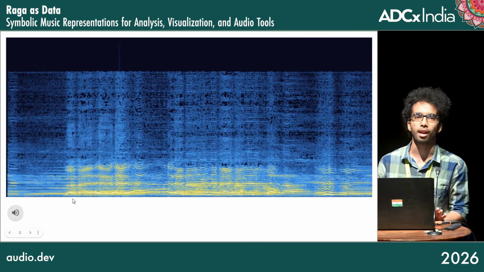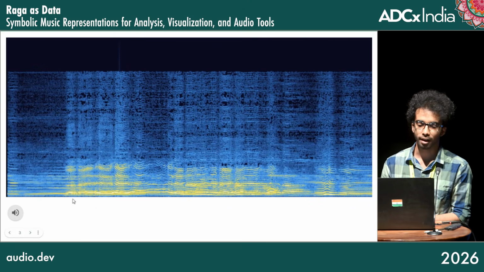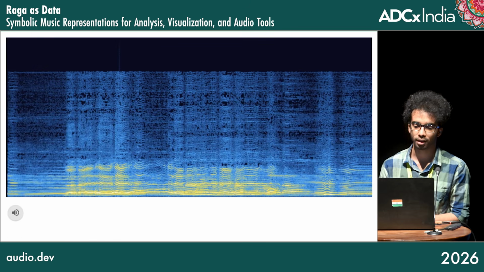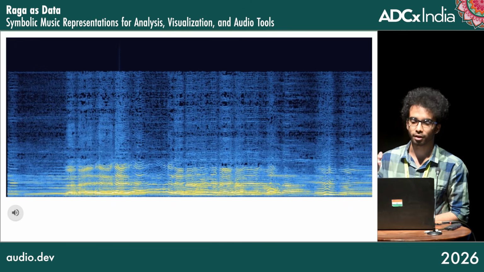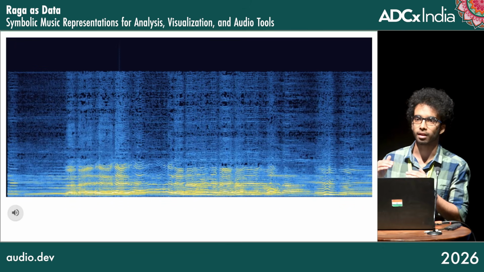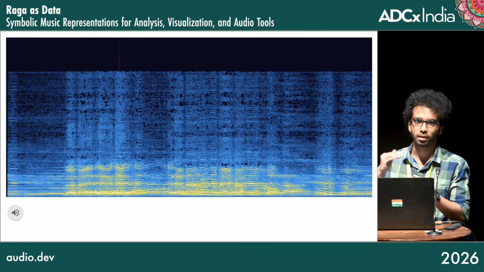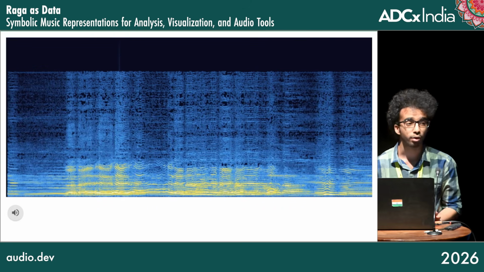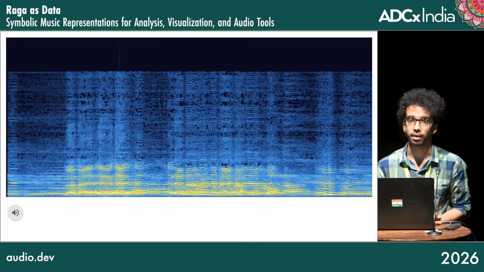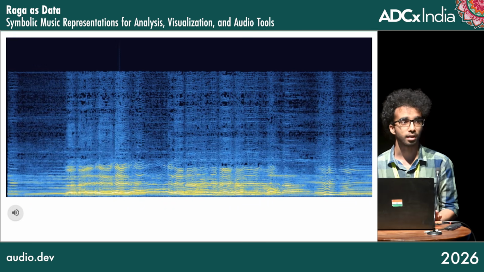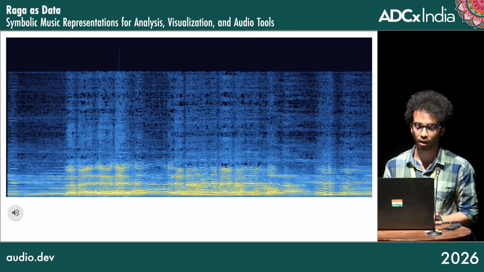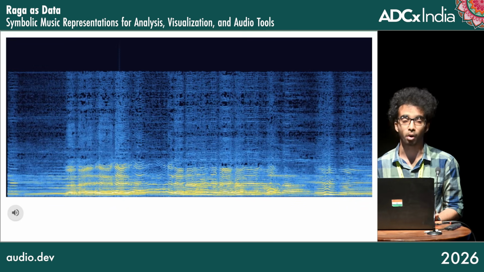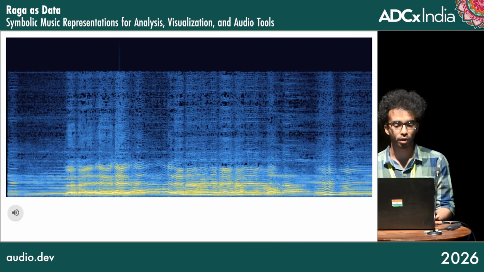So, this is an alapana in Raga Kapi. And if you have observed, there is no rhythm here. It's just a free flowing exploration of raga. And notice how the pitch is continuous and the notes glide into each other, unlike Western music where you have discrete notes. And how the same note is never sung exactly the same way twice. So there is a subjectivity in rendition. So this expressive fluid nature is what makes the music beautiful, and it also makes it very hard to model computationally. So that is the core challenge that we will keep coming back to in this talk.